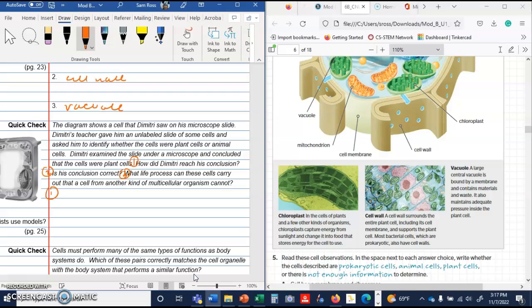Okay, so 1, Dimitri identified the cells based on his observation of a cell wall, central vacuole, and the presence of chloroplasts. That's how he knows that this is a plant cell. Okay, that's the answer to number 1. How did Dimitri reach his conclusion? Dimitri identified the cells based on his observation of a cell wall, central vacuole, and the presence of chloroplasts. Okay, number 2. Number 2 says, is his conclusion correct? So number 2, Dimitri was correct because none of these organelles